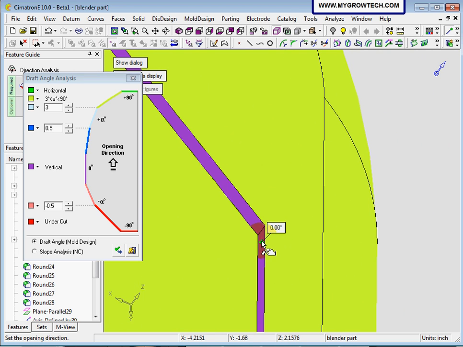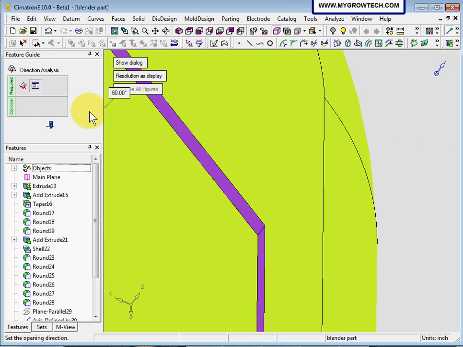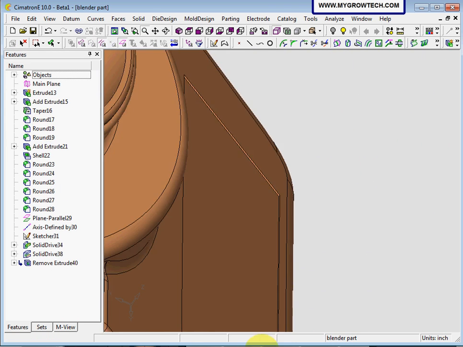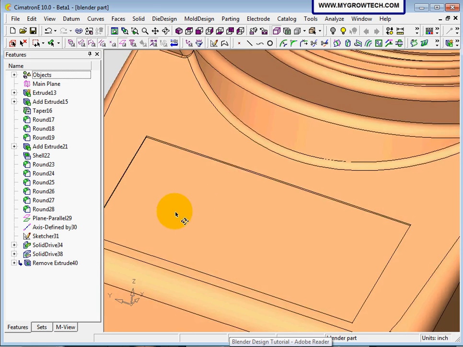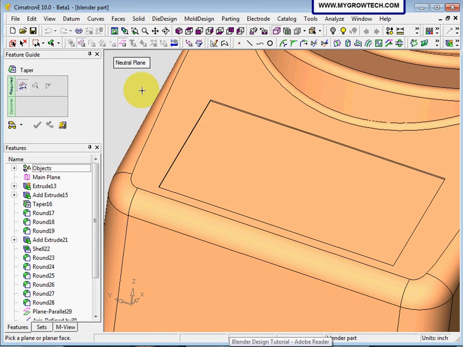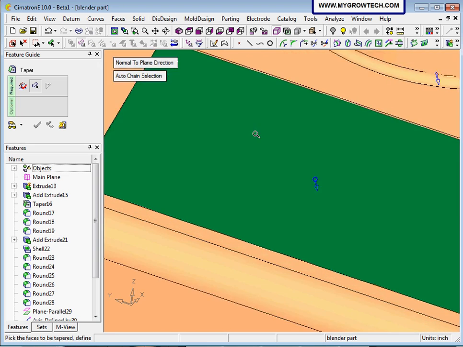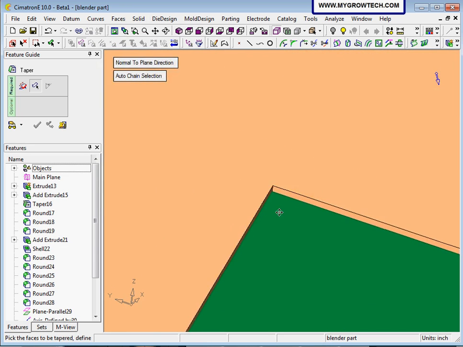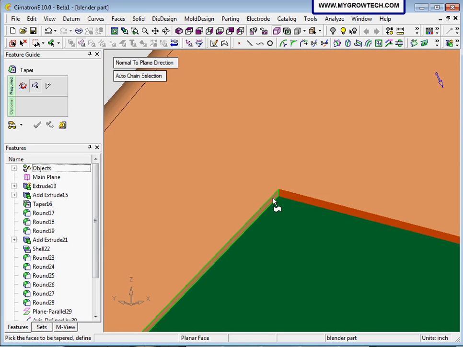Okay, now I'm going to modify this 40 degree face to be 30 degree. Okay, let's close this. I'm going to choose taper, and I use a neutral plane. This will be my plane, the neutral plane, and I will select the 4 small faces, this face and this